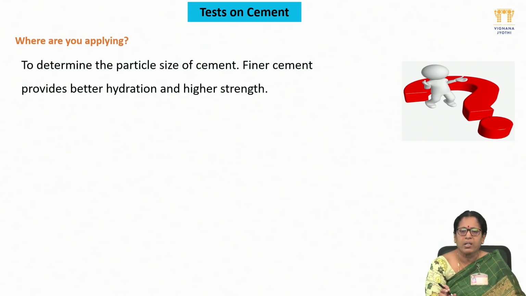What will happen if the particle size is reduced? The specific surface area of a particle is going to increase, thereby more area to react with water, and more hydration takes place, quickly. Once the hydration takes place quickly, the setting will start quickly, and once the setting starts quickly, the hardening process will start quickly, thereby the strength gain will start quickly. All the properties of your cement with water will depend upon the fineness of cement.